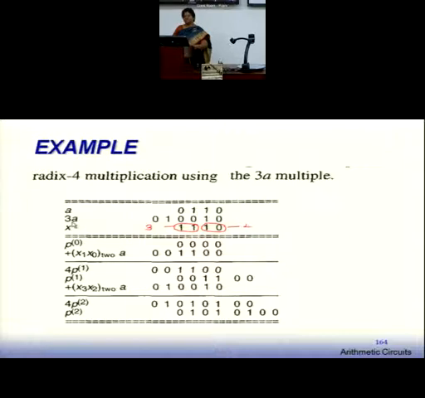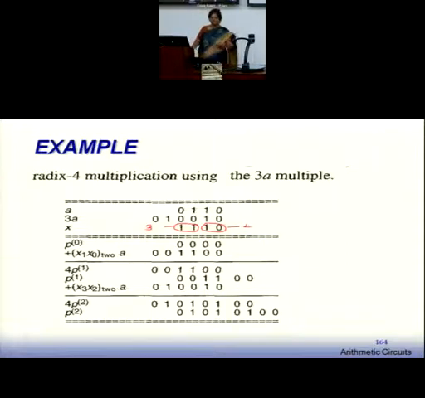And then you have already computed a 3a, which is stored somewhere, and you would be recalling it back. So 1 0 is 2 and 1 1 is 3. First you multiply with 2. So 2 means you have to get the multiplicand, shift it towards the left and then add it to your PP accumulator. And then the next step is the 3a. So 3a we have already computed somewhere, so we will recall it. So it's the addition of a 3a, which is over here, and then you get your final answer.